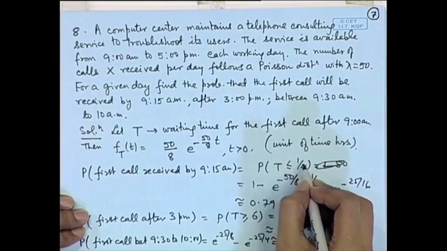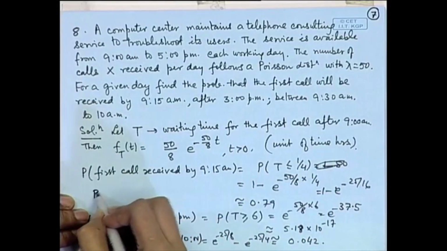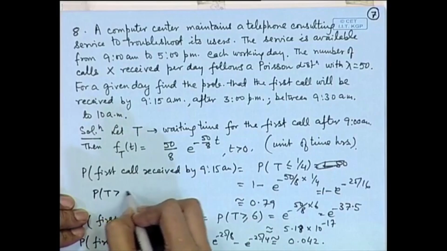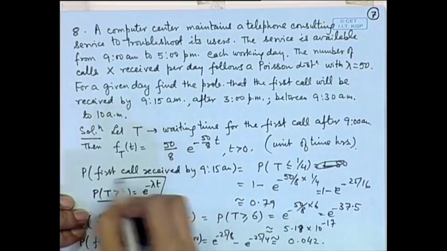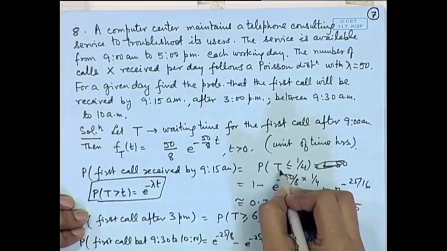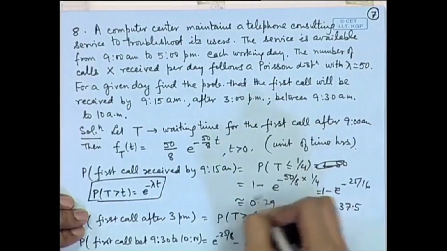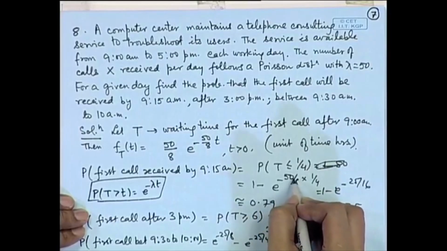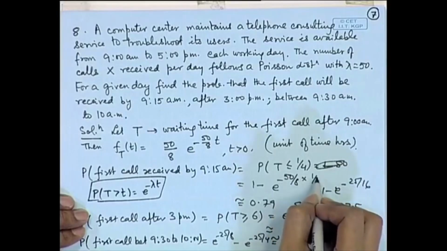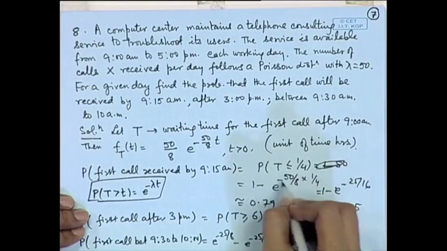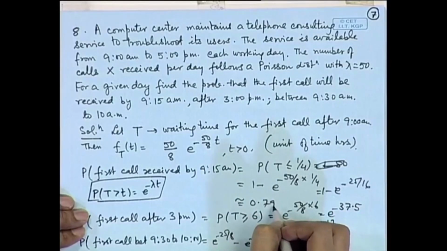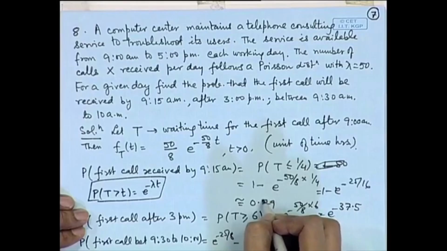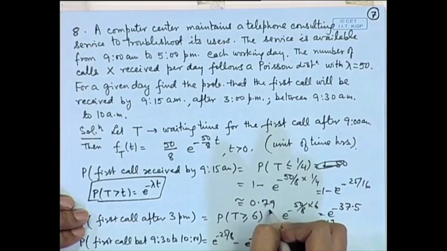Now we apply the formula for the exponential distribution: probability of T greater than some small t is equal to e to the power minus lambda t. So, if we use this formula, probability of capital T less than or equal to 1 by 4 is 1 minus e to the power minus lambda t. Lambda is 50 by 8 and time is 1 by 4. After simplification, it is 0.79,